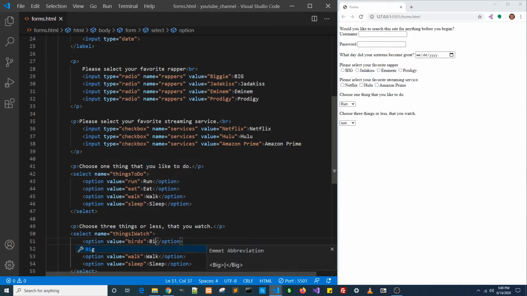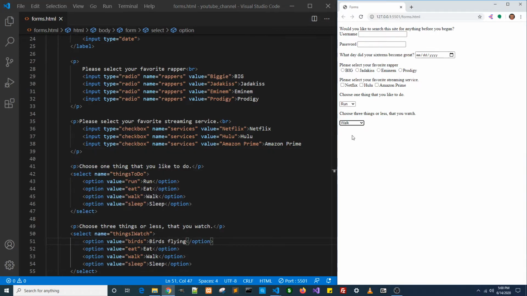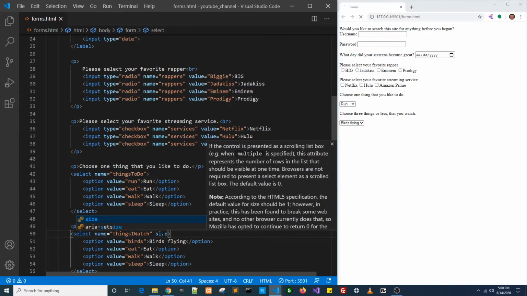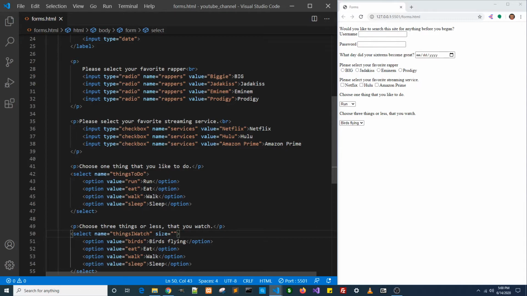So I'll just put, for the actual text for them to actually select, I'm going to say birds flying. Okay, so I have birds flying here, but I'm still only choosing one thing, and the reason for that is we need to add yet another attribute here, and that is going to be the size of what's actually displayed. So let's say the size is 3. So now 3 things are available to choose to the right. Okay, so now I can choose this,